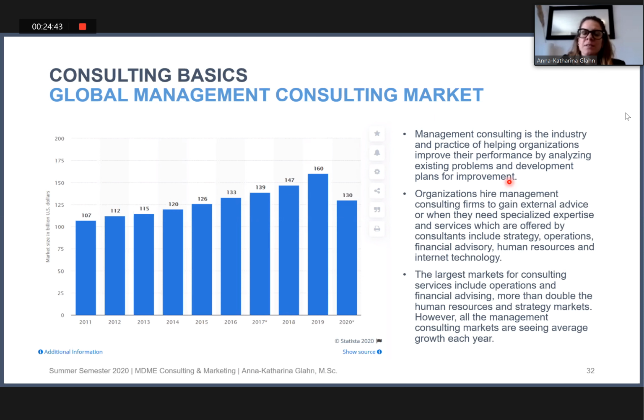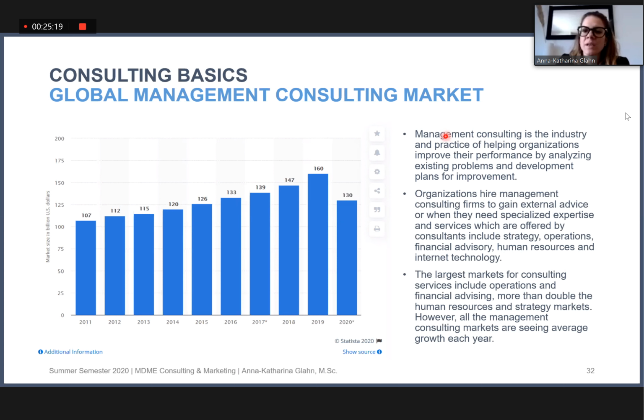What I added here is the definition of management consulting on Statista, because what you will see next are the numbers of the German market, and there's no fixed definition of what consulting is and what not. Let's say a smaller frame and a wider frame of what counts as consulting work. So maybe the numbers don't seem to fit with each other.